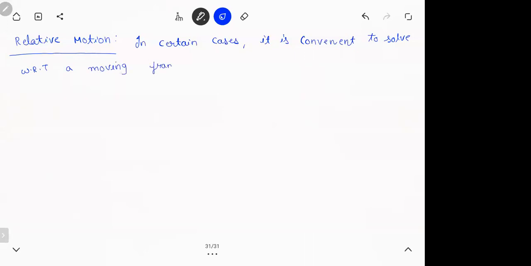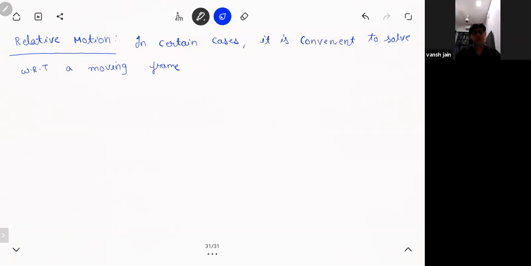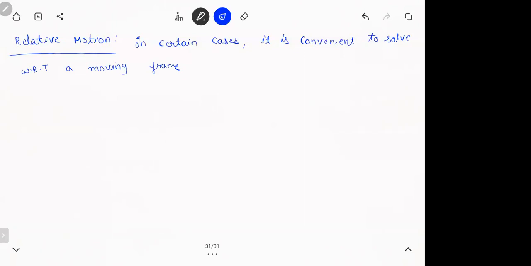Normally we do everything while standing on the inertial frame. If you remember, we defined in the beginning inertial frame, non-inertial frame. So normally we do the problems when you're standing on the ground level, ground frame, but in certain cases it is easy to do with respect to a moving frame. Meaning, for example,